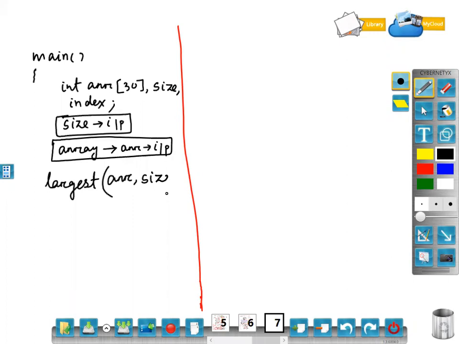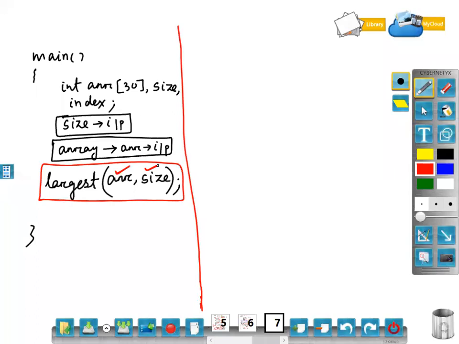I will search depending upon the size variable. Clear? So the meaning of this function is, I am calling a function largest. It's a user defined function. I am instructing that you have to search the largest from this array, and maximum you have to search in this size, because I have taken the input based upon this size variable.